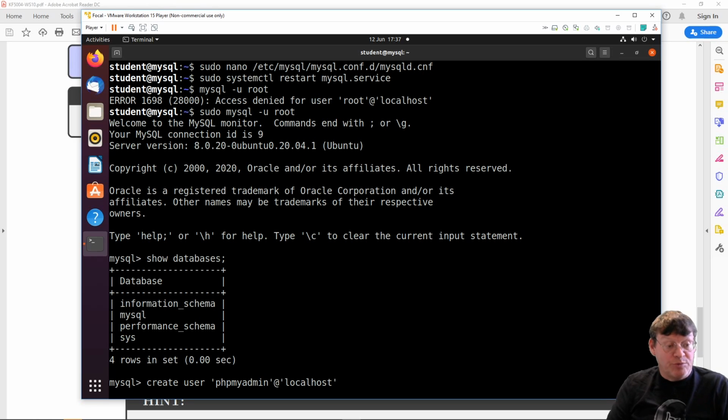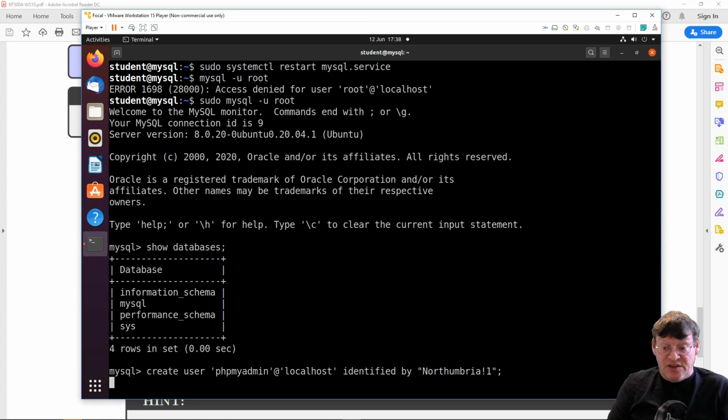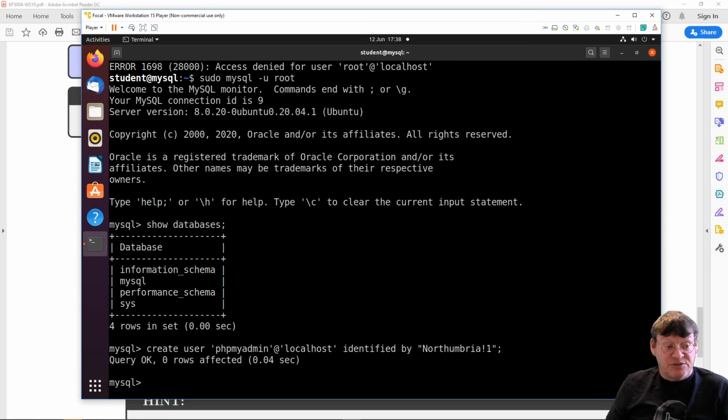So I'm creating the local PHPMyAdmin account, identified by, and this is where I'll use that password, so everything in MySQL is the same. Northumbria !1. So okay, I create that account. The next thing I have to do is grant privileges to that account so it can actually manipulate the server